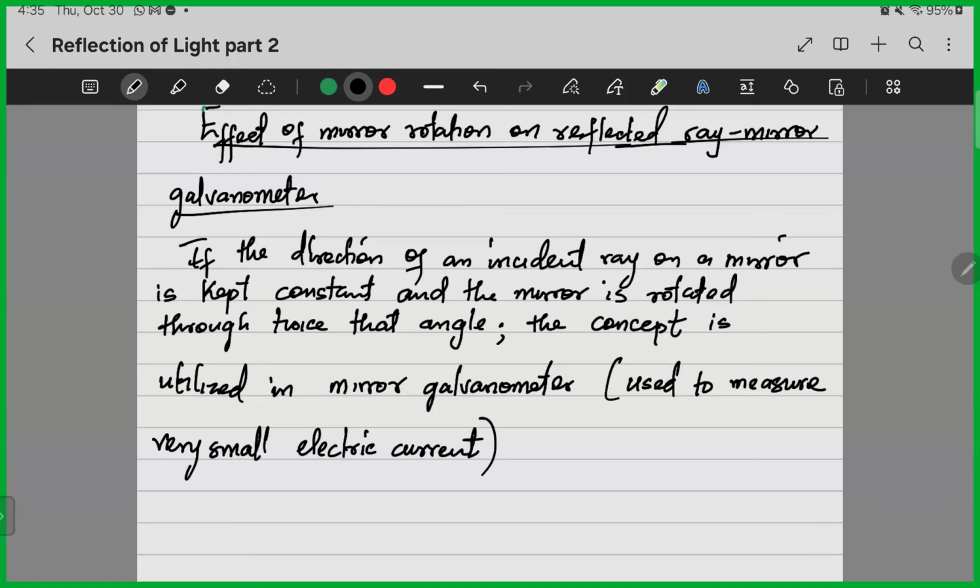So this particular concept, keeping the incident ray constant and rotating through twice the angle, is used for the mirror galvanometer and